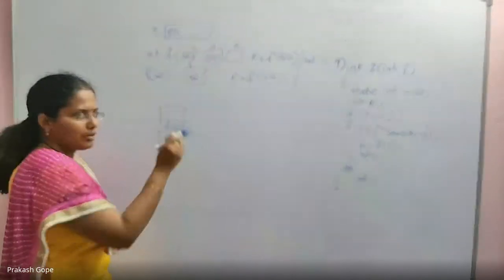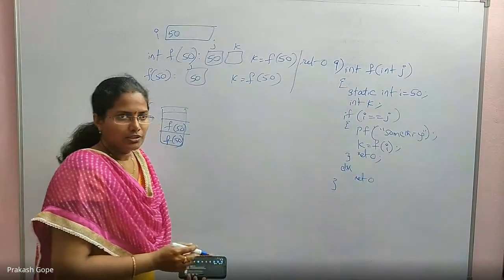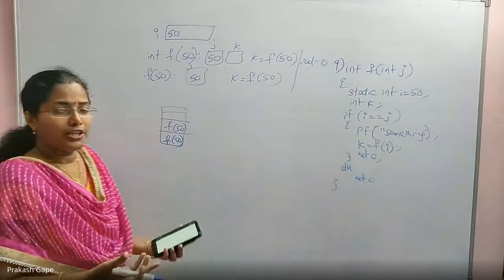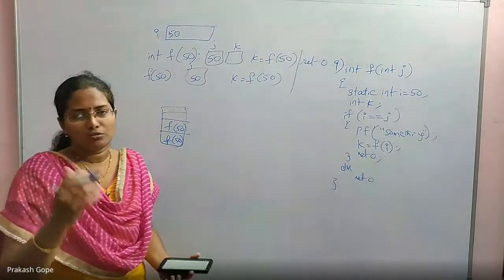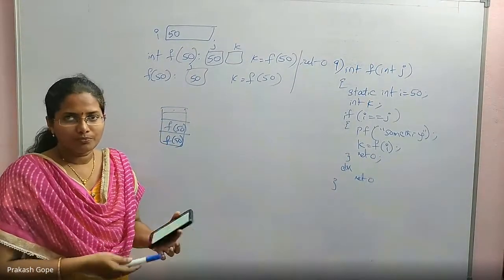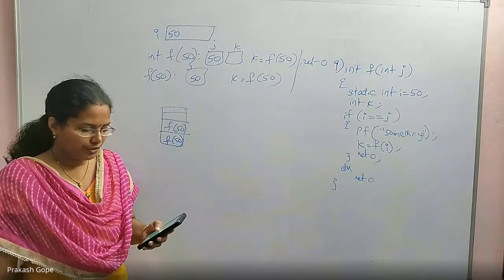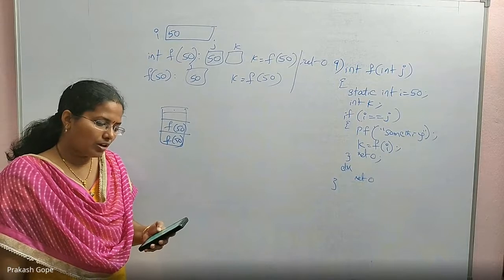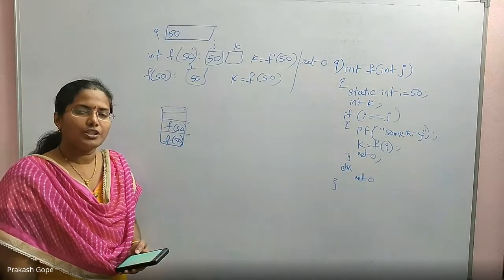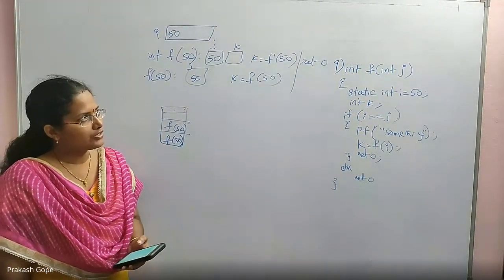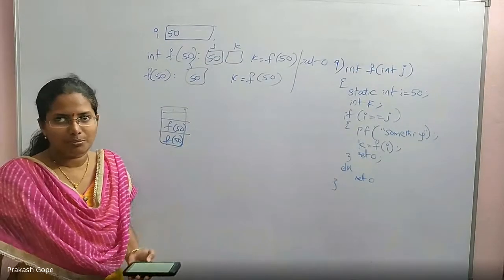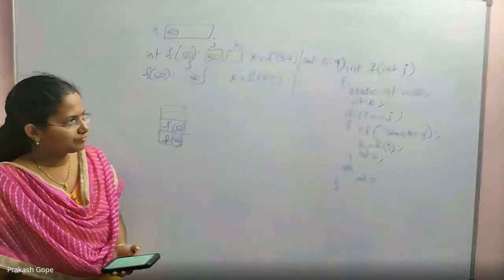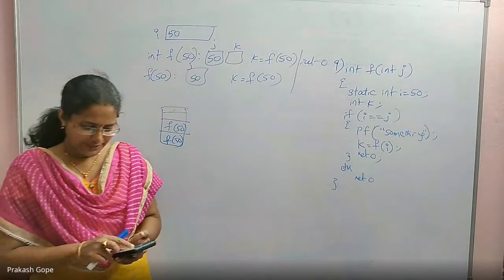Once it is full, you will get runtime errors. So either the stack is full, or if you have unlimited memory, then you will go for an infinite loop. So what is the answer? When j is 50, the function will exhaust the runtime stack or run into an infinite loop. So when we tested for j equal to 50, this is what is happening. So the answer is D.